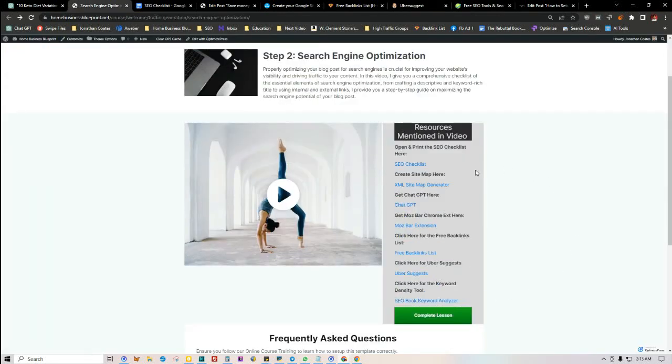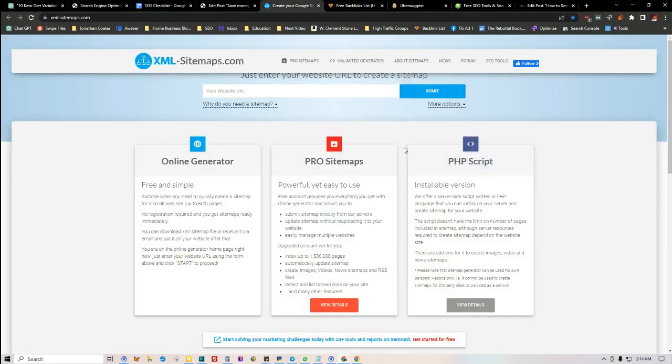Now, one thing that I want to talk about real quick is the XML sitemap generator. Now, this is really quick and really simple to do. All you have to do is just come to this website here, xmlsitemaps.com, and then you put your URL in here. And what it'll do is basically just generate a sitemap.